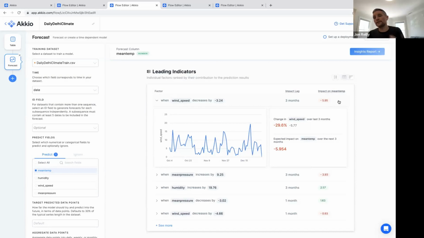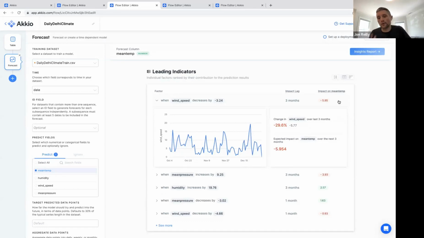And so you can even start to understand what the time factors are that your input variables are driving to your outputs. If this were a sales forecast, this could be your marketing funnel. It could be like, when your leads go up, then 3 months later, or whatever your sales cycle is, you're converted into this much revenue at this percentage. In the last 3 months, your leads went up by 10%. We think that's going to have something like a 1% increase in the revenue forecast in the next 3 months as a result, whatever your conversion rate is, right?